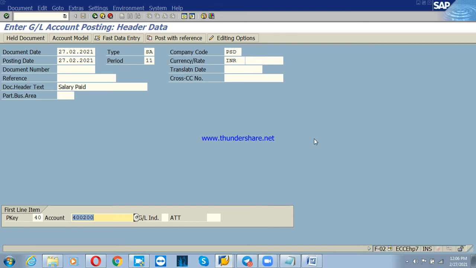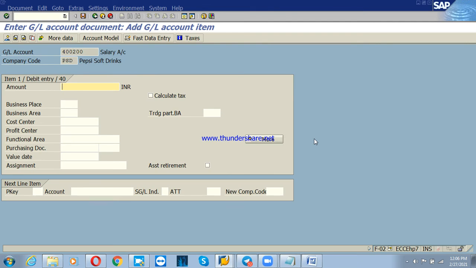So account 400200, that is the salary account. Enter. It will come to the next level. Here I need to input the amount. Say for example, I am going to pay 1 lakh as my salary, and cost center and profit center as of now we do not maintain, and I will give the value date. This is today's date,